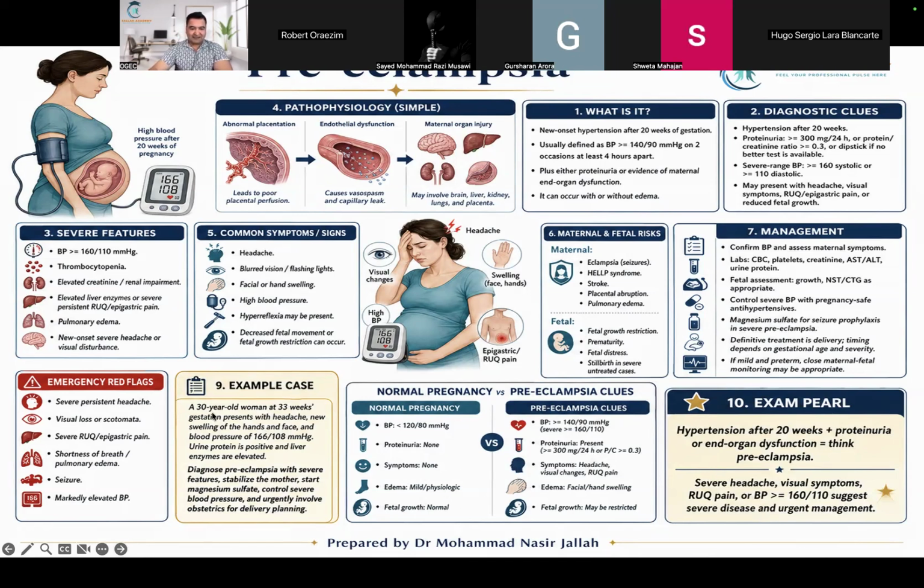Now let's do an example. A 30-year-old woman, 33 weeks of gestation, above 20 weeks of gestation, with swelling of the hands and face and blood pressure of 166 over 108. Urine protein is positive and liver enzymes are elevated. Diagnose preeclampsia with severe features: stabilize the mother, start magnesium sulfate, control severe blood pressure, and urgently involve obstetric delivery planning. Emergency red flags: severe persistent headache, visual loss, right upper quadrant pain, shortness of breath, seizure, markedly